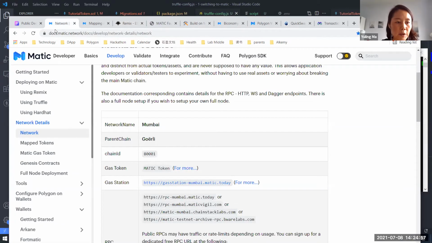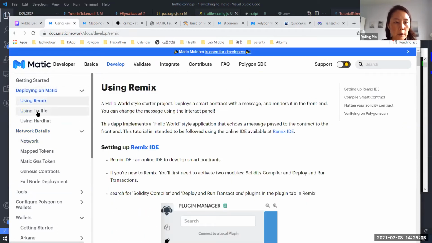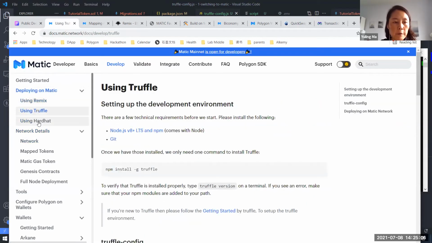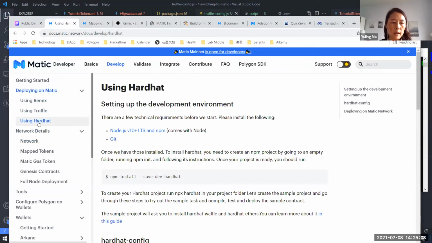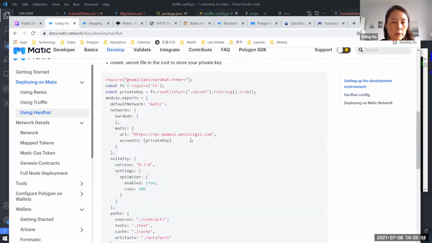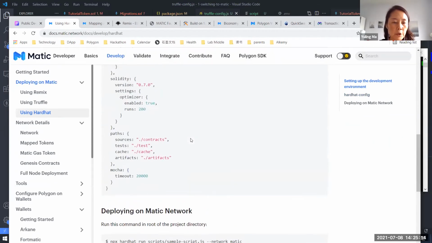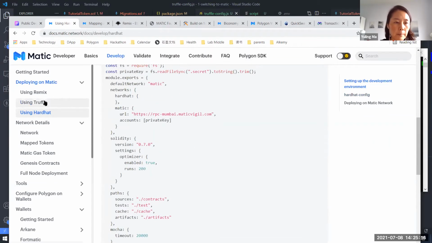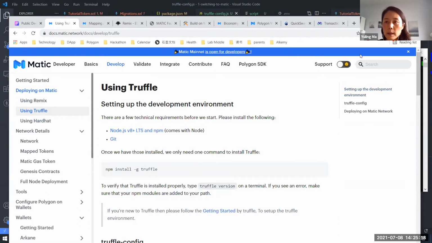And as you can see here, for deploying on Polygon, we basically have support for Remix and Truffle. And for some of you who like to use Hardhat, the steps are very similar as well, right? So all those details you're able to just copy over from the docs. So then let's see, with our Truffle,